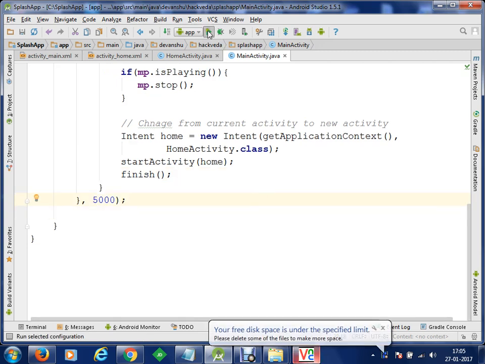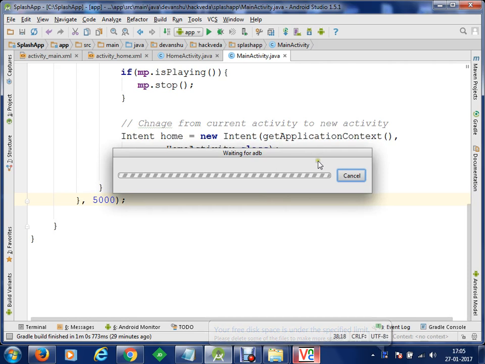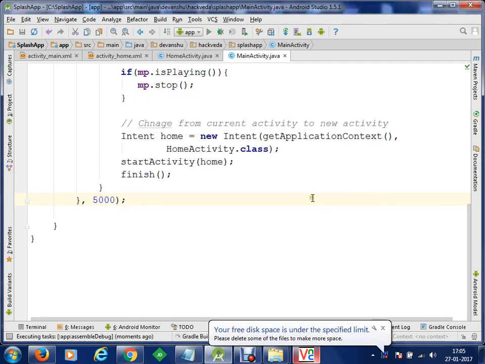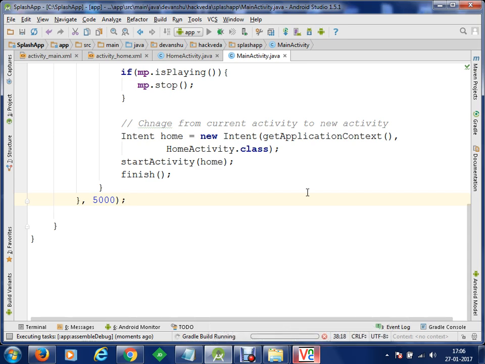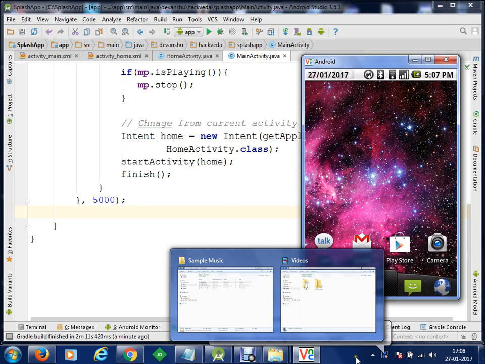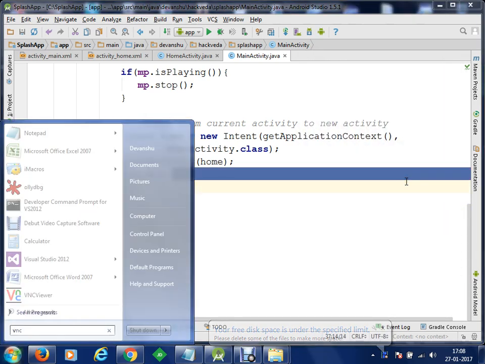Once we are ready, we are going to test our application on our LG P500. Let me just connect to VNC viewer.